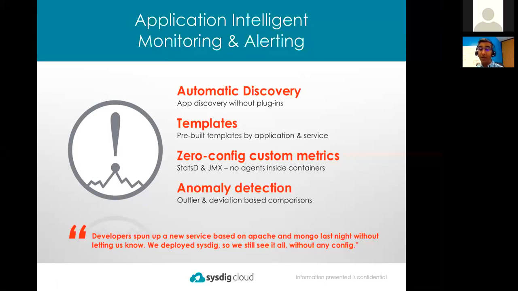The next thing we do to make this as automated and simple as possible is, once we've auto-detected those applications, we already have pre-built templates for dashboards that allow you to see that application instantly. So imagine it: we drop an agent onto a server and we find the containers, understand the services. When you come into the back end to view them, you automatically have a view of what that app is doing. Similarly for custom metrics, statsd and JMX, no agents inside containers, no reconfig. You don't even have to point your statsd or JMX to us. We'll automatically find them.